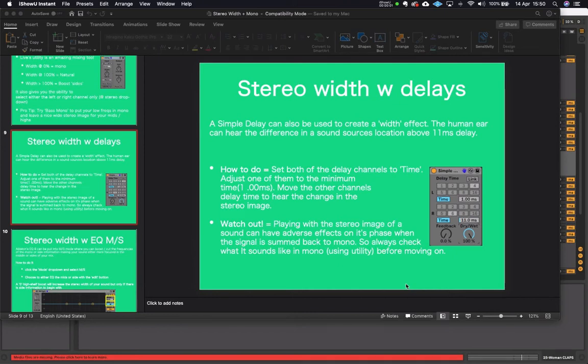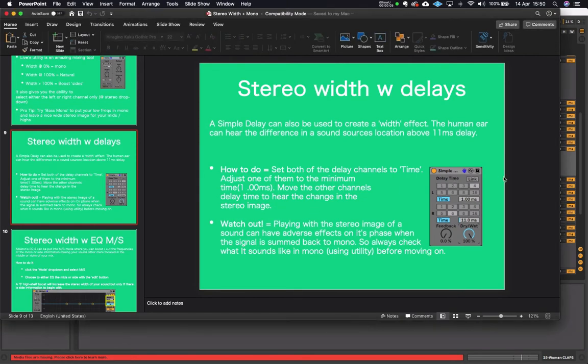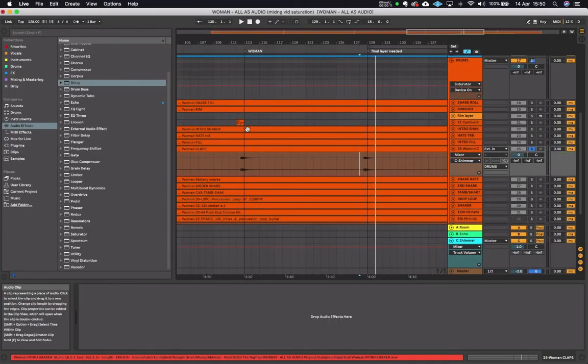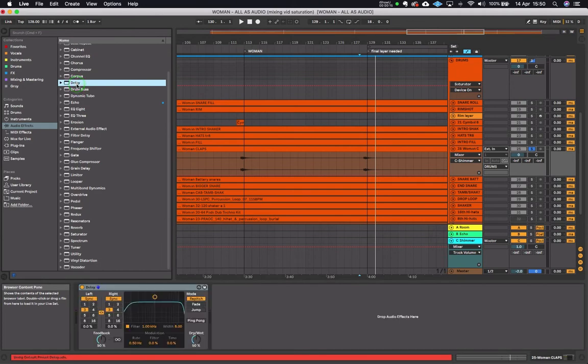Okay, so now we're going to do stereo width with delays. It's summarized here on this slide for you, but I'll walk you through it in this tutorial. Instead of using utility, we can create the same effect using our delay. Now what we need to do is 100% wet,